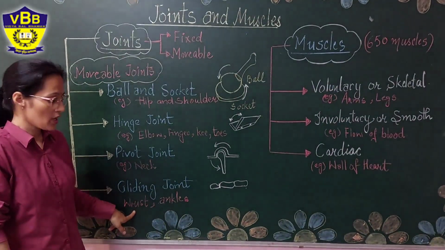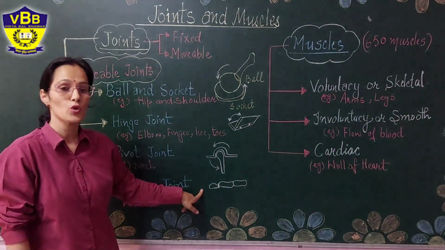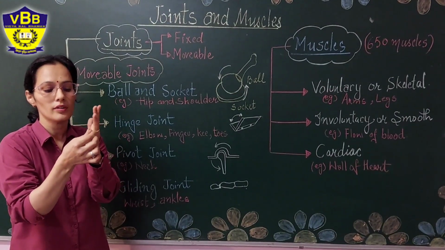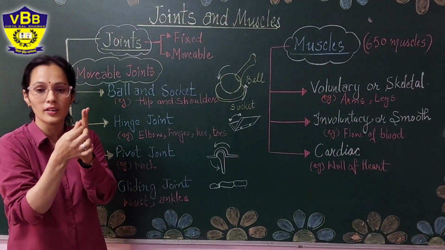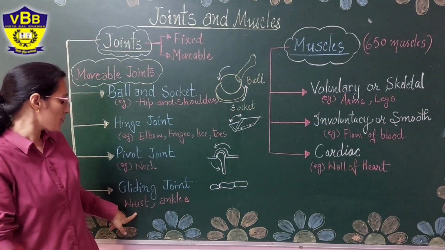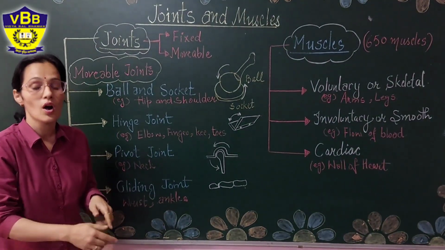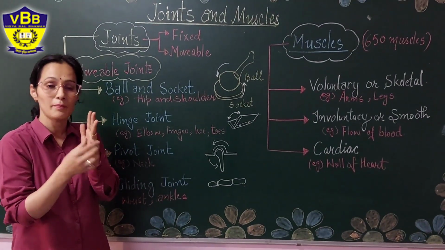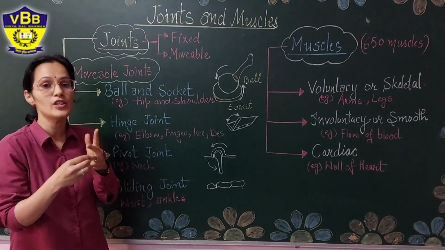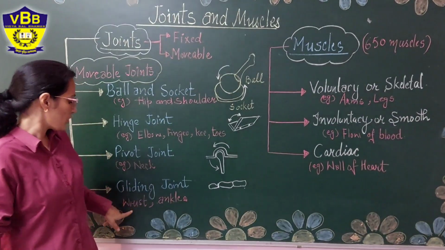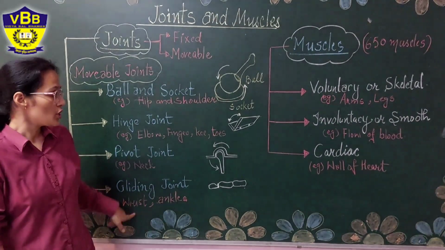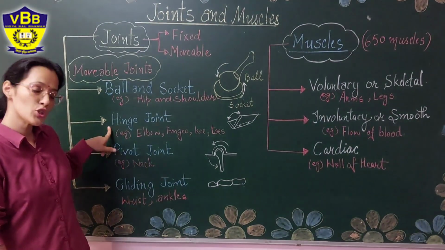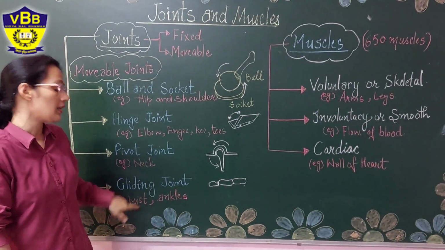Next, gliding joint. This type of joint allows the gliding movement of the bones. Like you can see, when you slightly scratch your finger bones. Your wrist, ankles and toes, all these are in the category of gliding joints. In this, the joint can glide, meaning slide. You can feel a little bit of slide in your joints. So that is your gliding joint. So these are the four types of joints: ball and socket joint, hinge joint, pivot joint and gliding joint.